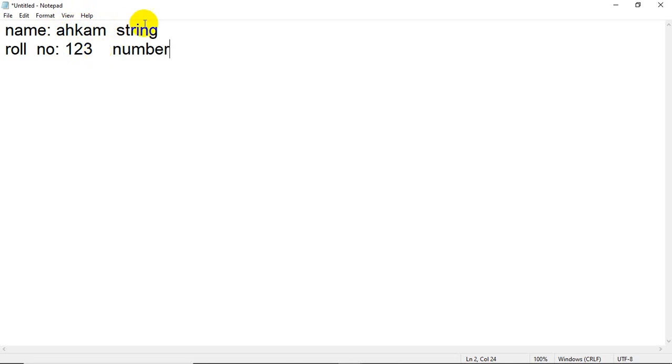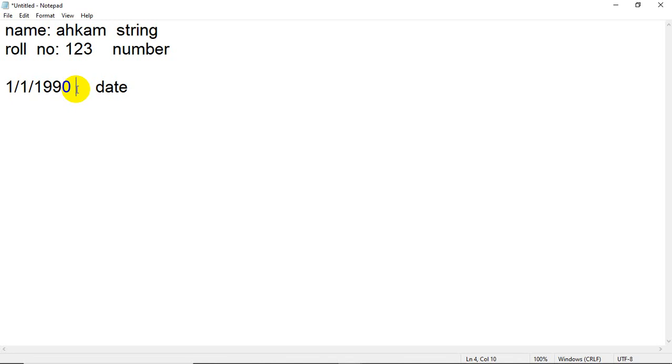In the same way, if I write my date of birth is 1/1/1990, for example, this is again a number, but it's nothing but a date. So to store a date, we have a special data type called date time, or whatever, the name differs in different languages.